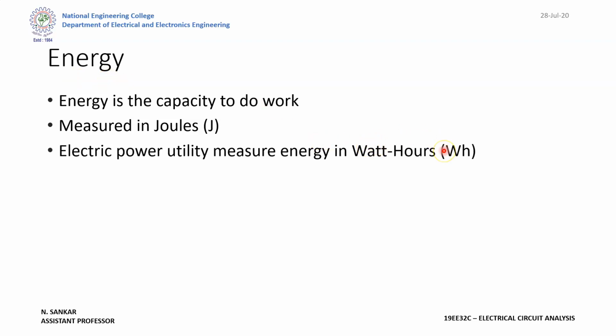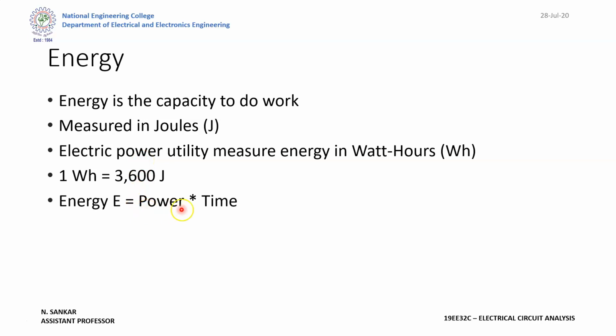For example, in your home, monthly we measure the number of units consumed, in terms of kilowatt hour. If your home consumes some 150 units, then you consume 150 kilowatt hour. So watt hour is the unit for energy in terms of electrical power. Generally speaking, it can be joule, calories, anything, but in terms of electrical it will be watt hour. So 1 watt hour is equal to 3600 joule.